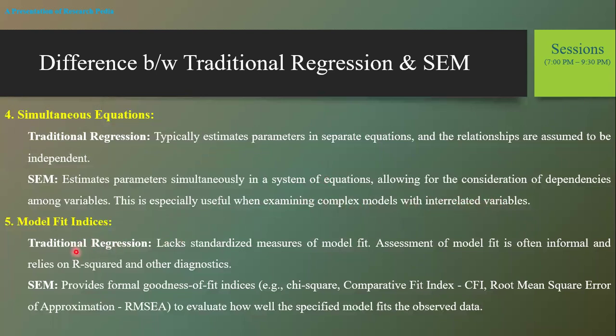So model fit indices: in case of traditional regression, it lacks a standardized measure of model fit. You may have only the R square. You may need to have the F value. You may have the model fitness value, but there are a lot of model fit indices which you cannot indicate in traditional regression. So in case of SEM, you may have detailed model fit indices like chi-square, like comparative fit index, like CFI